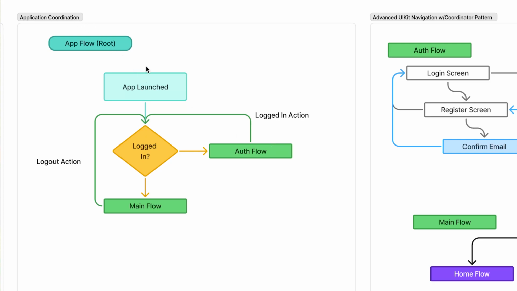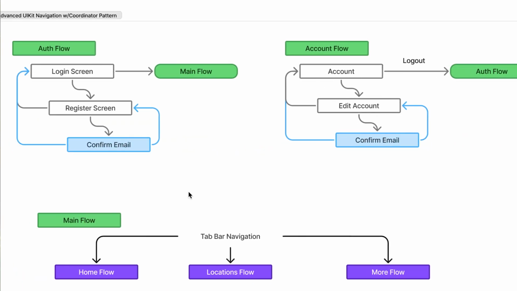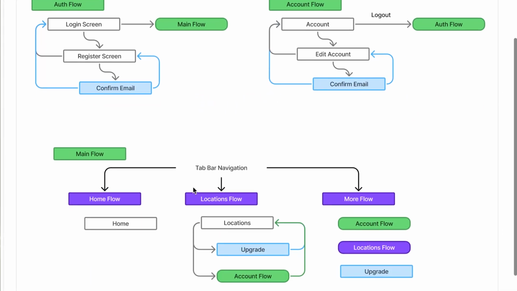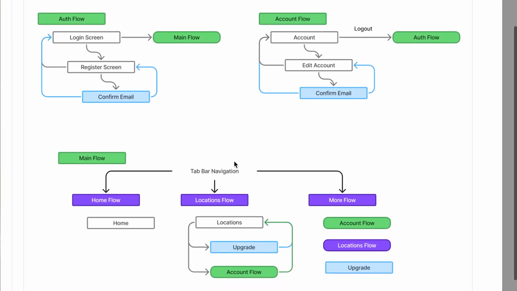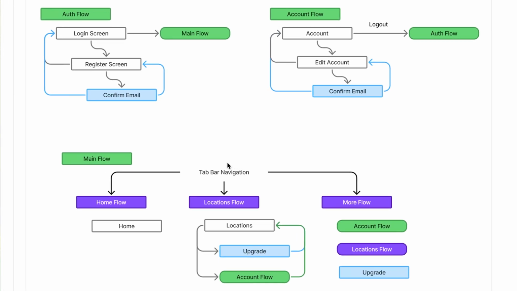Now, there's a couple other things you can do in this coordinator. It's up for debate whether or not you should put some of this stuff in there, but the way I set it up, I put a couple other things in there, like some hooks for notifications sometimes, and I'll explain that once we get to that screen. Now, inside each of these two root flows, we have all of these other screens, and this is the entire navigation of the app. If we go back to it,